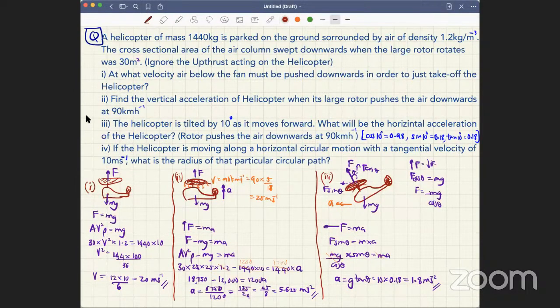Yeah, in the third and fourth, F is not equal to mg. No, F cos theta is only equal to mg. In the third and fourth, F cos theta will be balancing out mg because F is not vertical. So the vertical component of F will only balance mg because